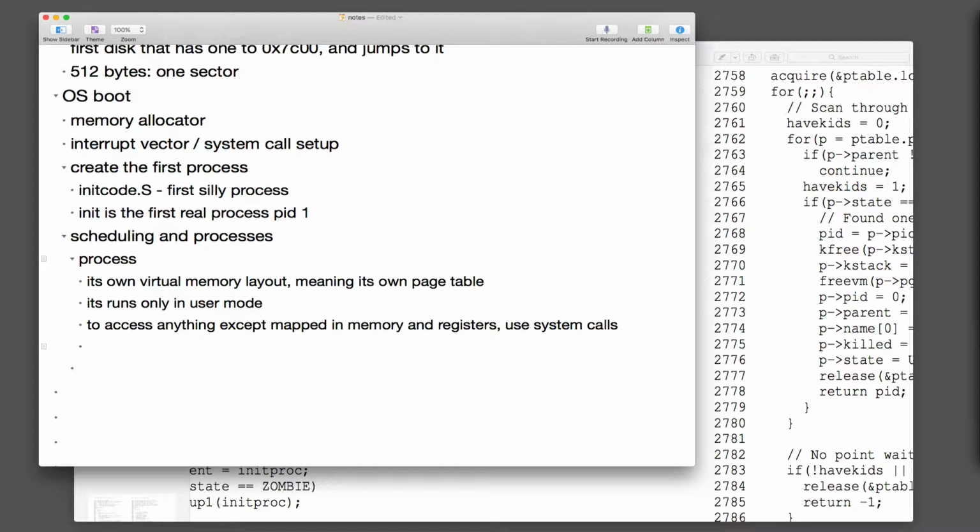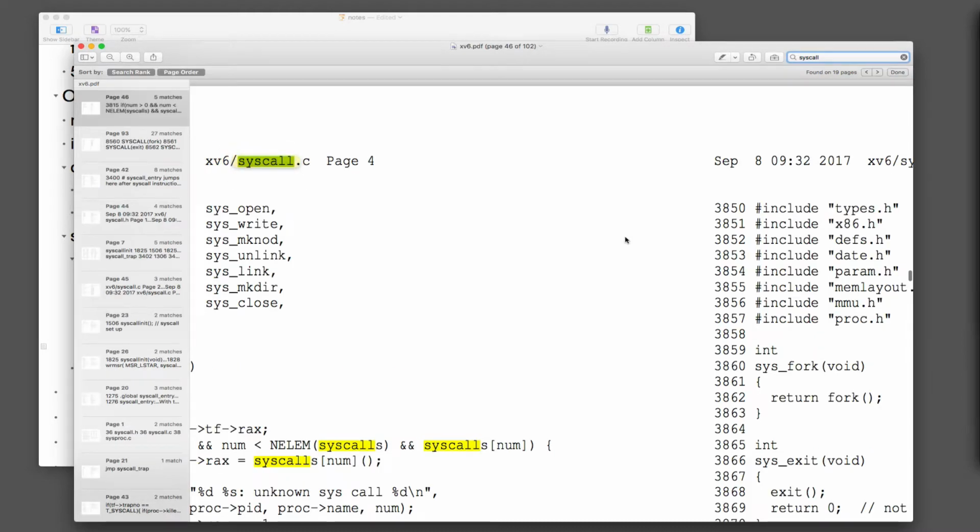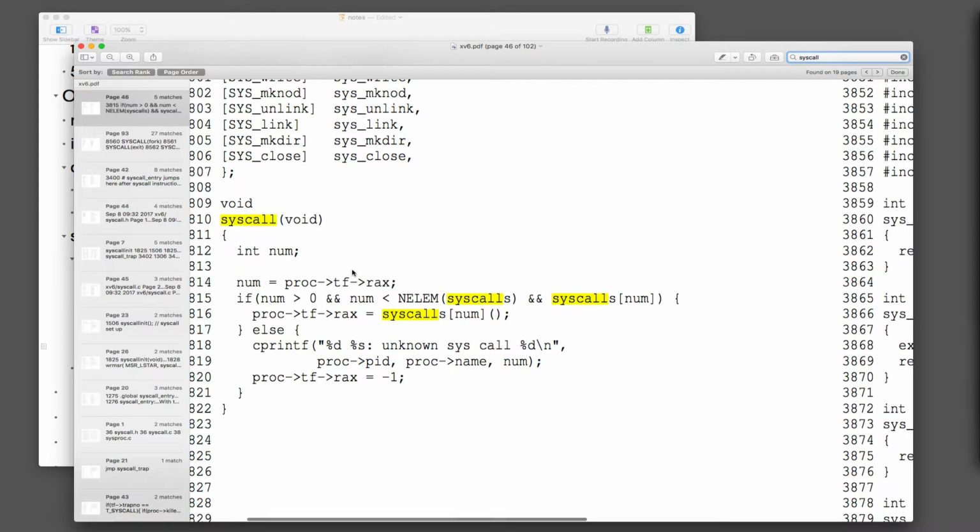Actually, I'm not sure now that the system call number goes in RAX. Let's take a look. Yeah, it's RAX. What's that? Yeah. So the reason I was thinking about this was the